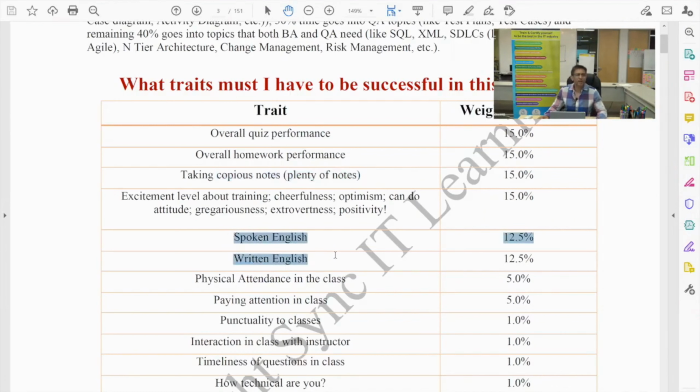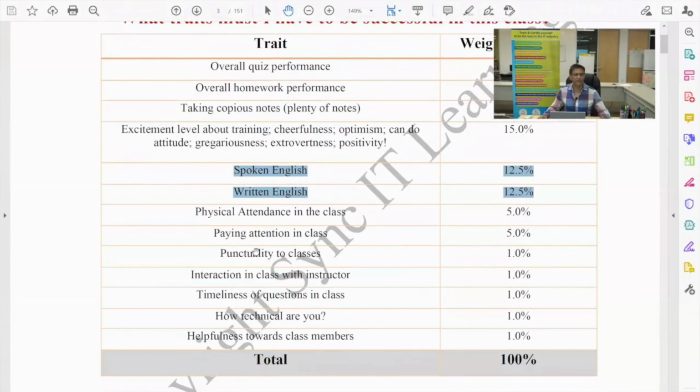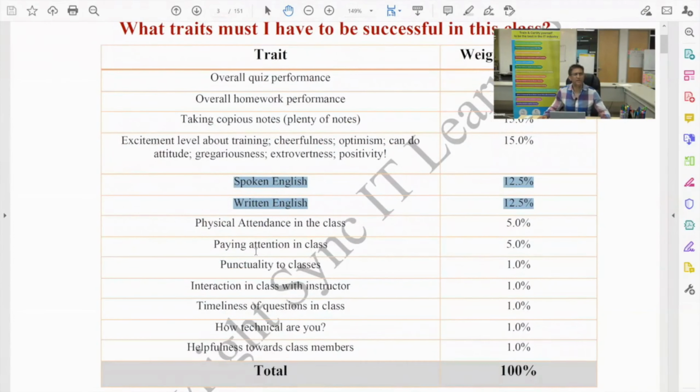Of course, a big part of this course is your communication skills, and spoken English and written English is an important aspect of being a BA. You need to have a can-do attitude. And then, of course, your English needs to be good. I know all of us come with a basic level of English, and it is what it is. But over time, if you're trying to make it into the field of business analysis and project management, your English should be pretty good, better than average.